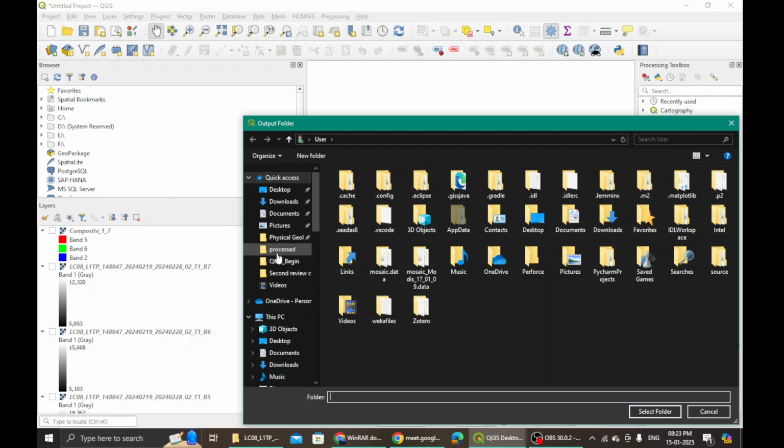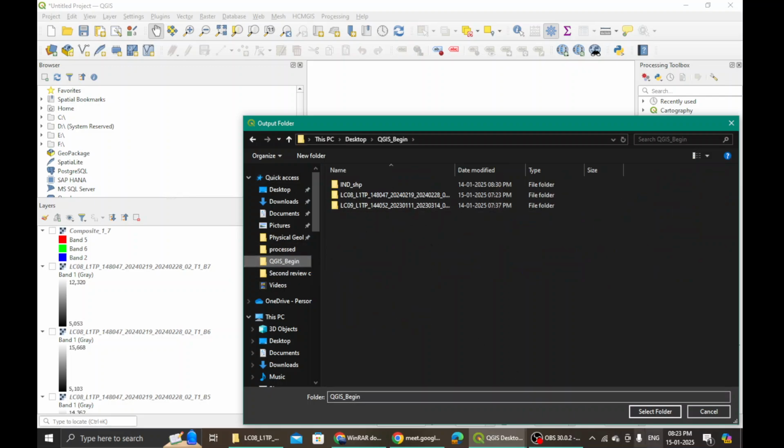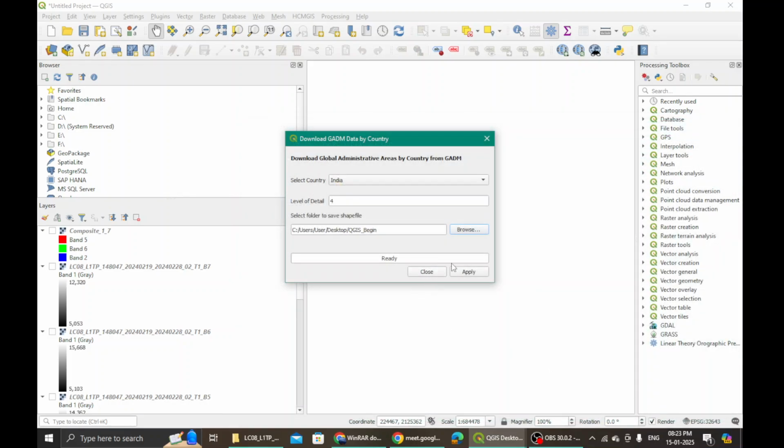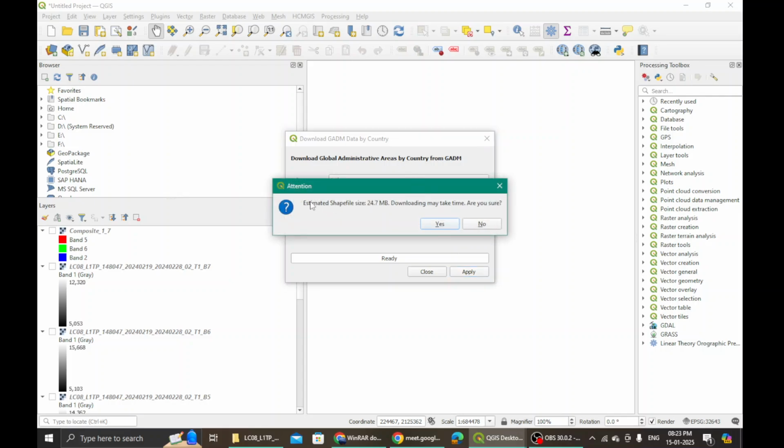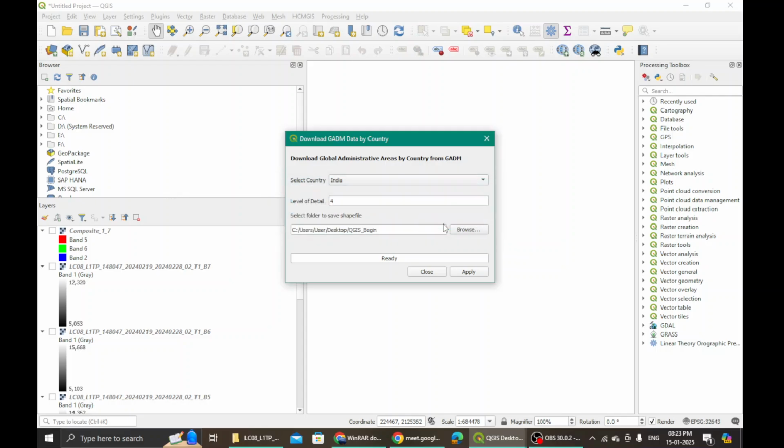I will browse to the folder that I want it to be in, and I select folder. Okay, and I say apply. Once I say apply, it will ask me to tell what is the data that I require to download. That I say okay, yes, and then I say apply. Let it download it. You need not say apply also. Wait until that apply option comes, highlights blue.